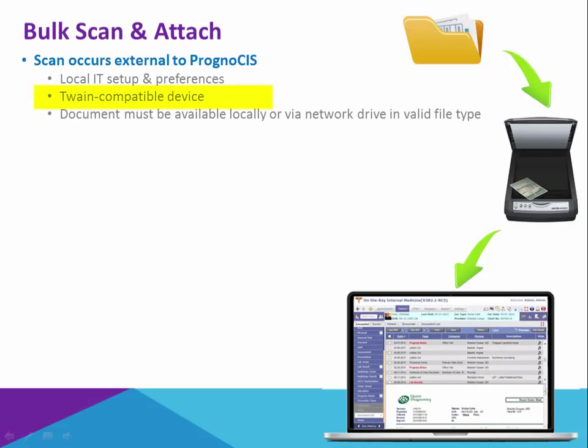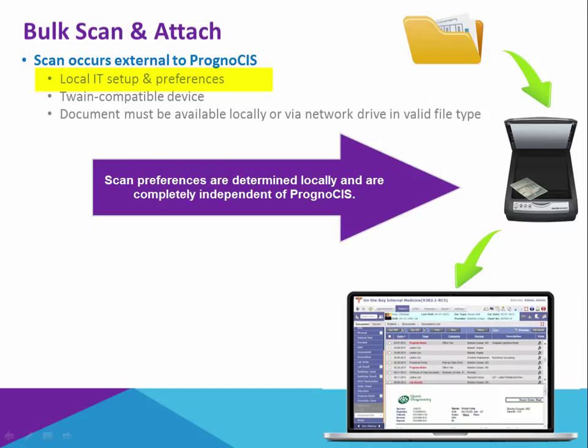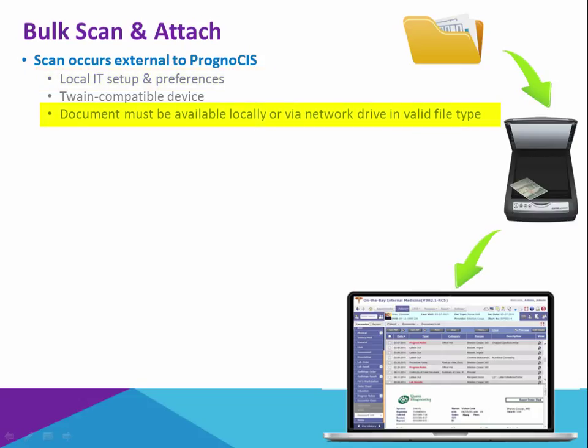For the indirect bulk scan option, any standard Twain compatible scanner can be used. Please follow your local workflow based on the specific device used in your office, as these are defined and set up by your local IT and are completely independent of Prognosis. The only requirement is that wherever the scanner physically saves the image when the scan is complete must be accessible